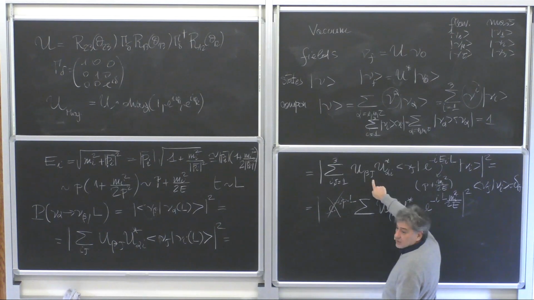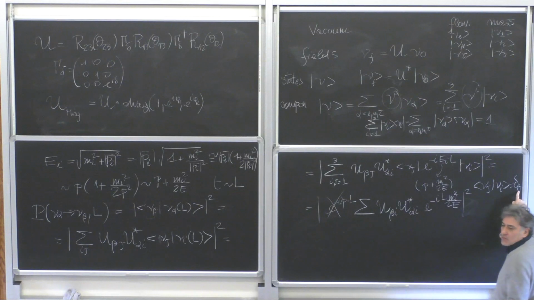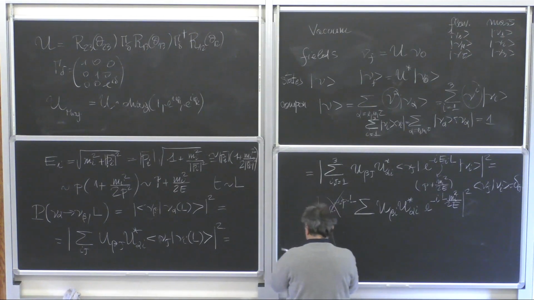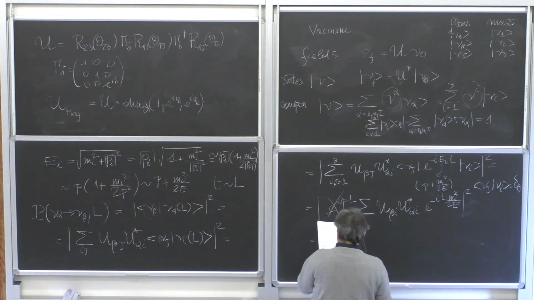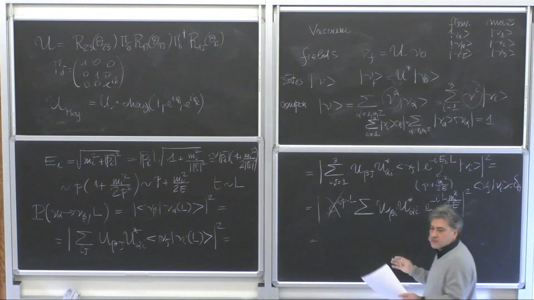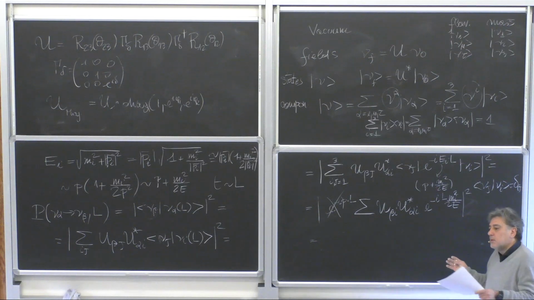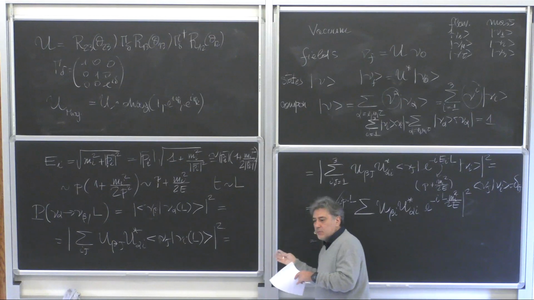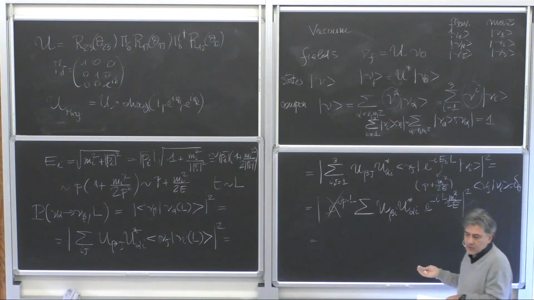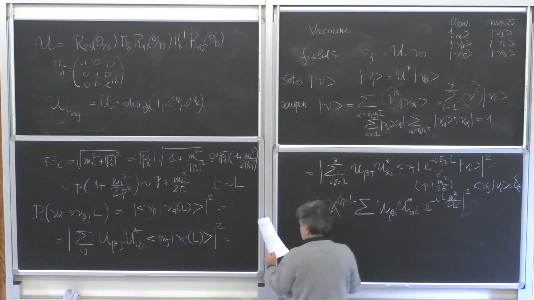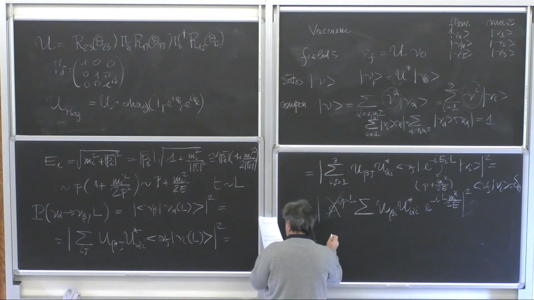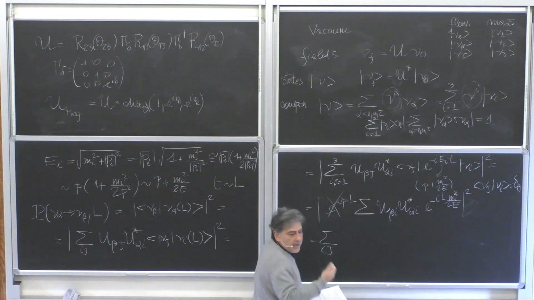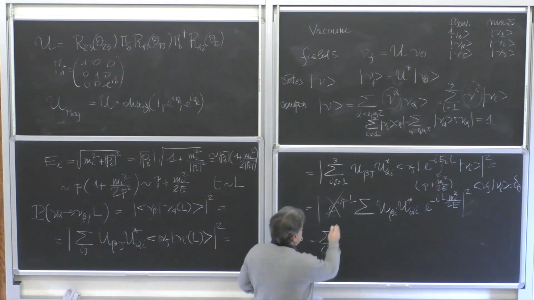This index was j, but now is i. And so we end up with this expression. And if you have a complex number and you want the modulus, you take the number and multiply it times the complex conjugate. So we end up with, let's say, a sum over i and j again, because we multiply this sum